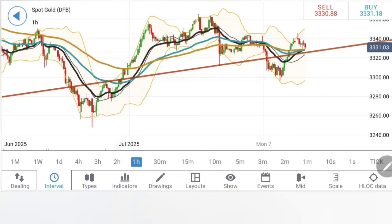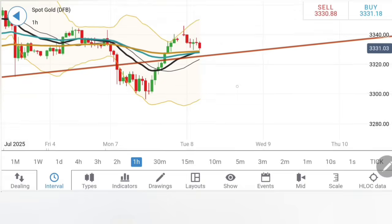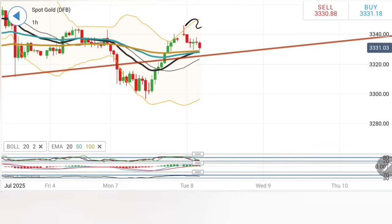towards 3300 levels. If you look at the moving averages here, these have started to converge but not yet crossed over as of now. And if you look at the movement, see it has seen a gap up, then the drop, retracement, and now again looking downward. So if you see it is staying below 3328, take a sell for 3320, 3314, 3300 levels as the next